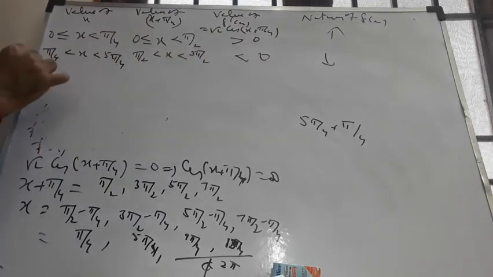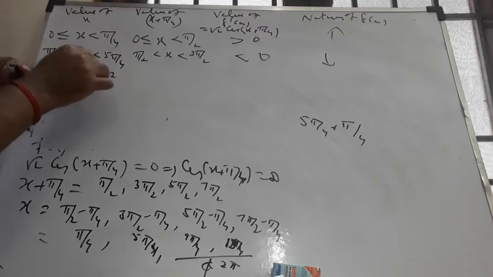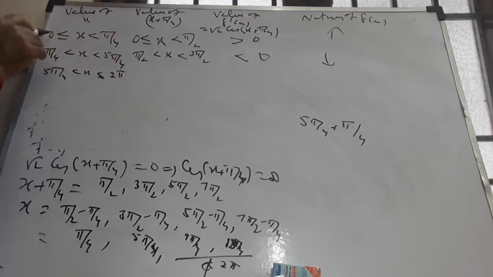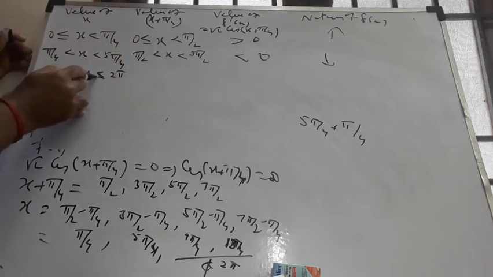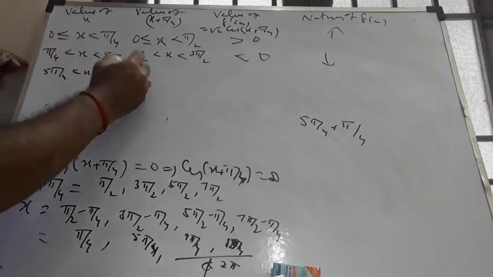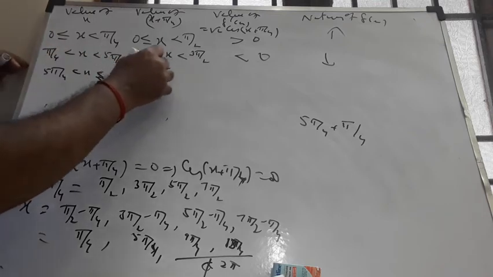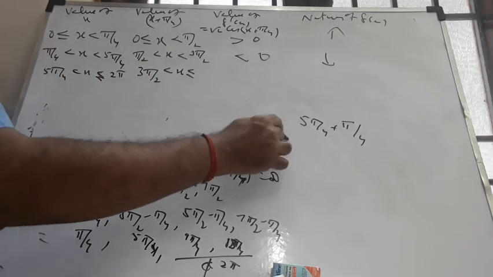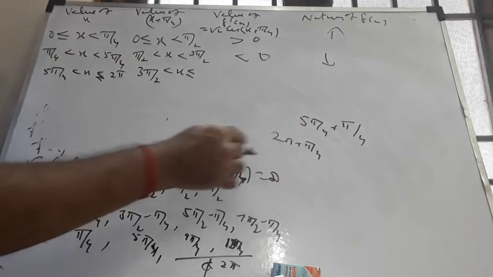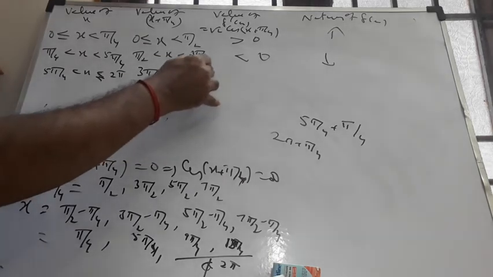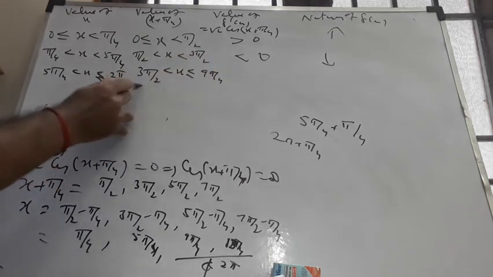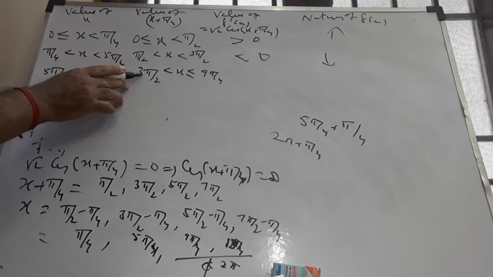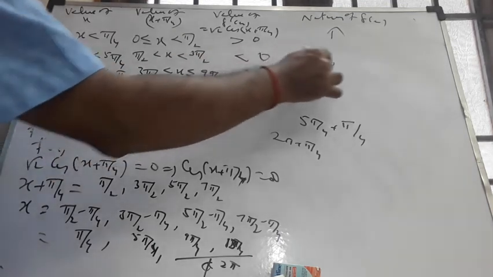The function is decreasing. Then, of course, let me take 5 pi by 4 less than x less than or equal to 2 pi. Here I can include 2 pi. Listen carefully. Therefore, this will be 3 pi by 2 less than x plus pi by 4 less than or equal to 2 pi plus pi by 4. Take LCM and simplify. What do I get? 9 pi by 4 anyway. Actually, these are some values in the fourth quadrant and in the first quadrant, where cosine is positive.